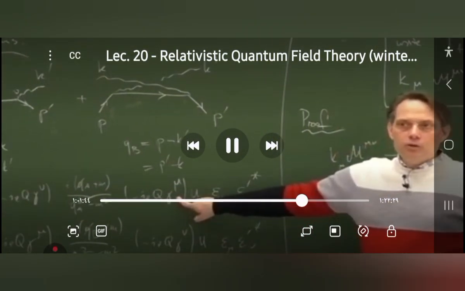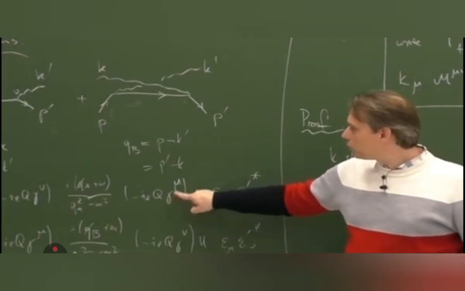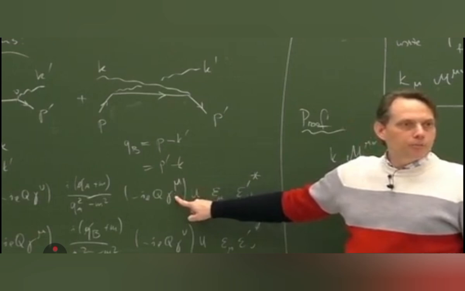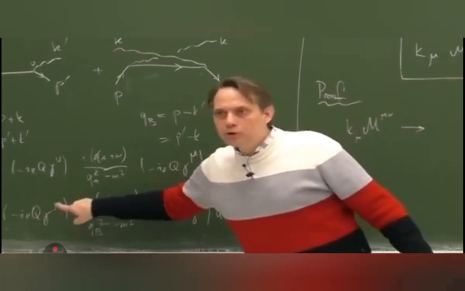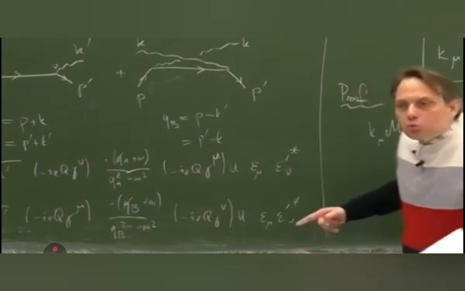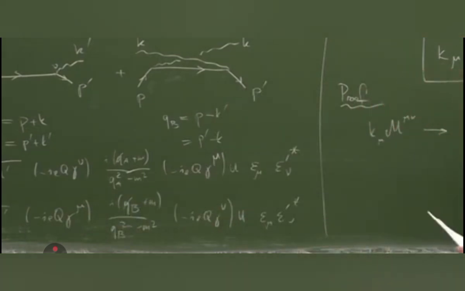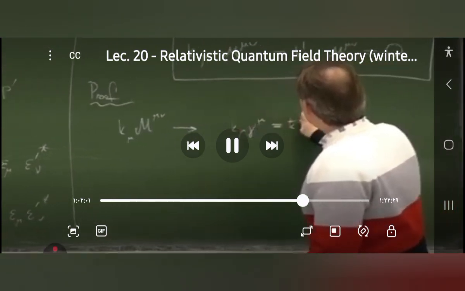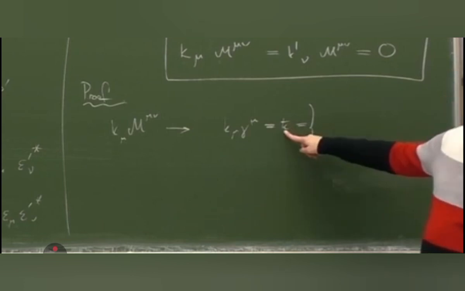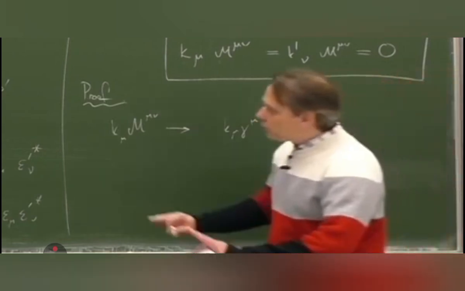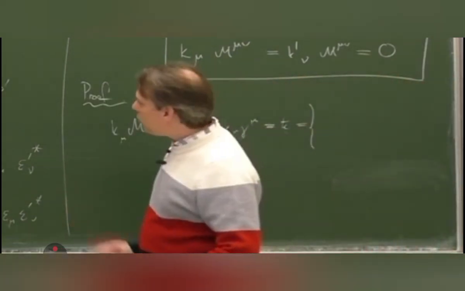It hits the gamma mu here, so from the gamma mu we get k slash. So we get k slash here, and in the other case we get k slash there. What can we do with this k slash? We get k_mu gamma^mu equal to k slash, and the Ward identity derivation trick is the following, namely you replace the k slash by a difference of the adjacent momenta.